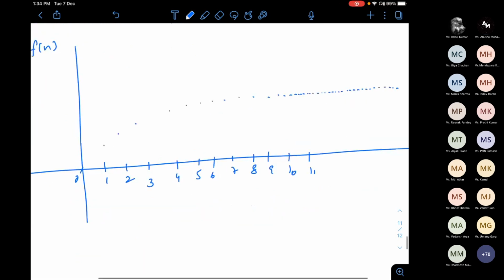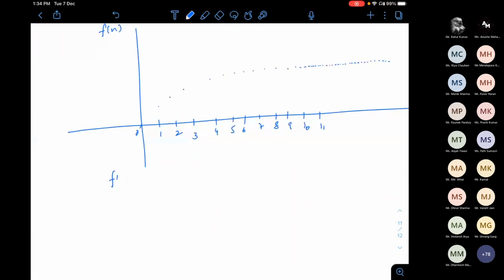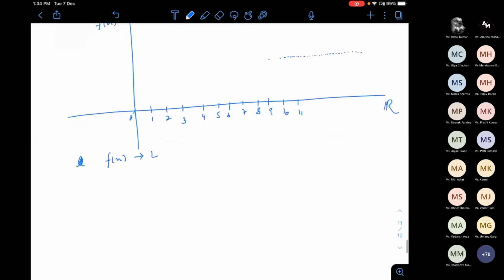Something like this. I am saying, from my intuition, that fn is tending to L. But how? What is the difference between those two numbers? Can I give a difference? So that's why I'm calculating |fn minus L| is less than epsilon. When is this difference very, very small, for what values of n? I have to calculate for what values of n the difference between the limit and fn, that means the sequence, is small.